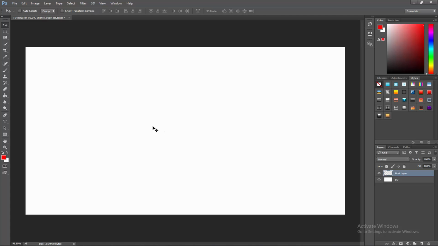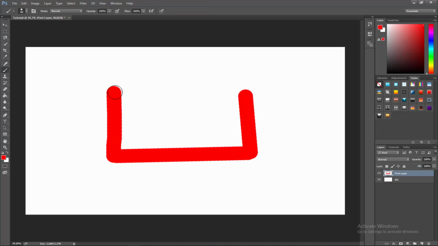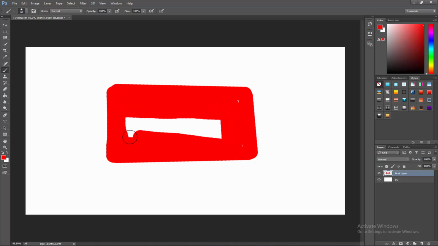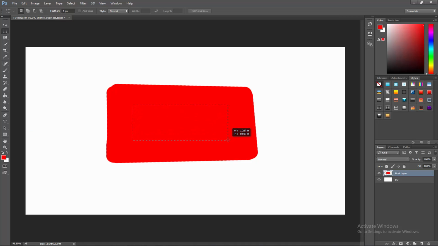The next tool is the Marquee tool. This is a rectangle marquee. It's the second tool right here on your toolbar, and what we're going to do to bring that up is press M, and people basically know this as the selector tool. Nobody really calls it the Marquee tool, and what you would use this for is, let's say I have a red rectangle, and I want to cut the middle of it out. I would press M, select this, and while I'm on that layer I can press delete,